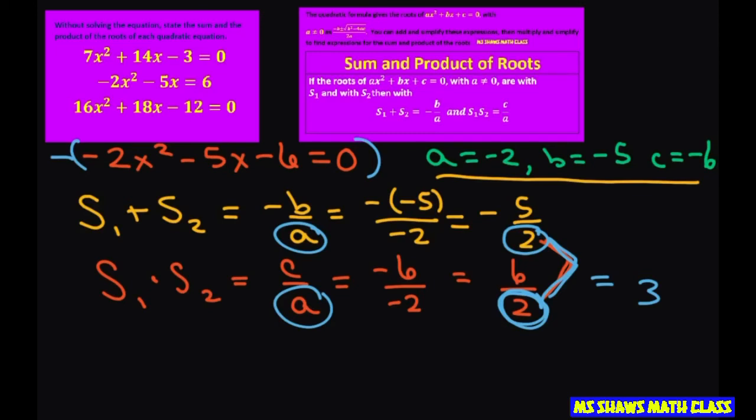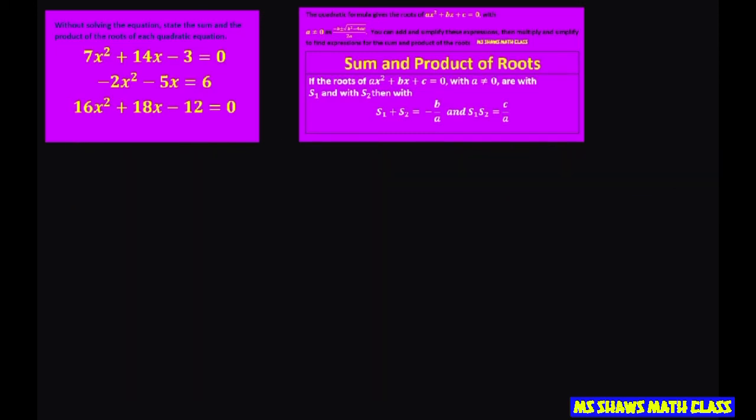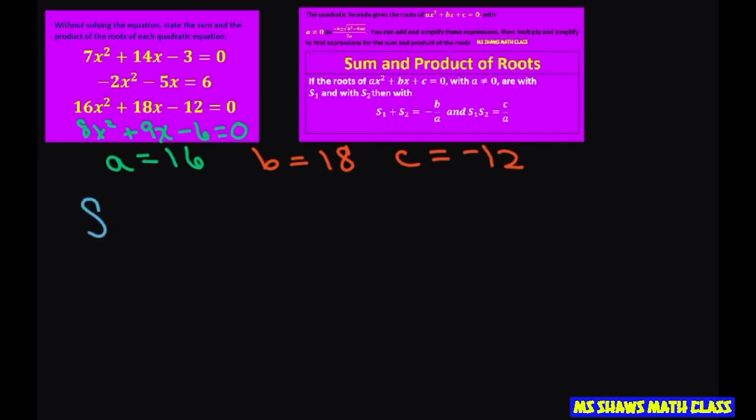And the last one, we have A equals 16. You could actually reduce this to 8x squared plus 9x minus 6 equals 0, make it easier. But for this particular problem, we don't have to do it. We can reduce it later. So I'm just writing down my A's, B's, and C's. Now, they say sum and product of roots. Roots are the same as solutions. That's why they use S. So let's